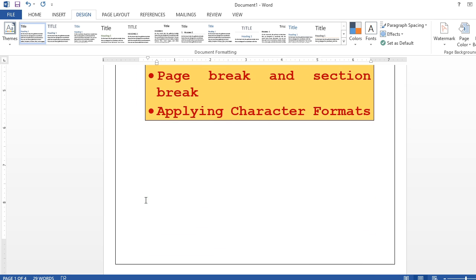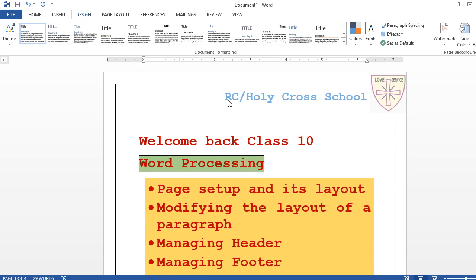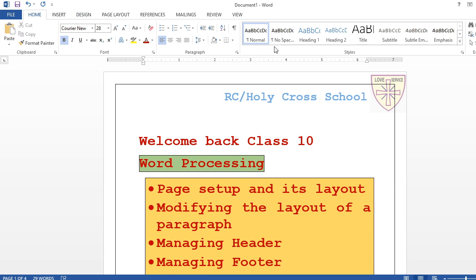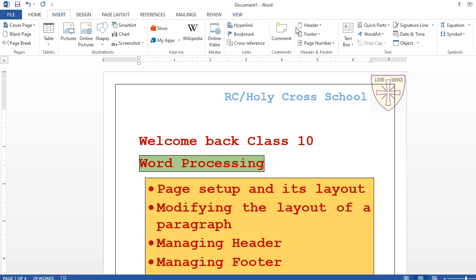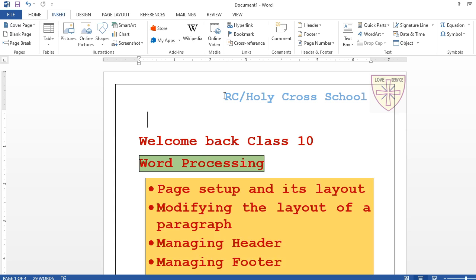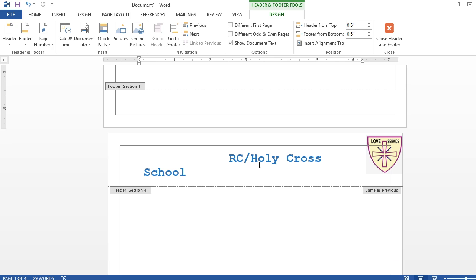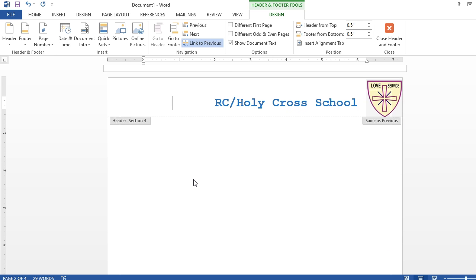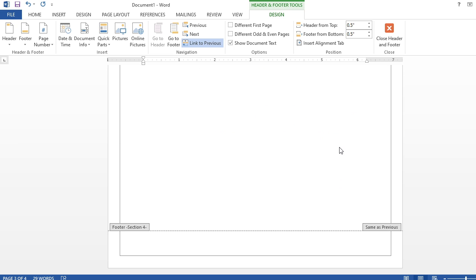Now after this I'm going to show you something, a different type of formatting. First, before that, let's see about header and footer. I had written this in the header, understand. So I'm going to show you where this header is: insert, header, understand. So this header area is coming. If I double click here also, this header area is coming. You see, just check, I applied this one for the header here. Right now it is good. You see, check, in all the pages it is coming.